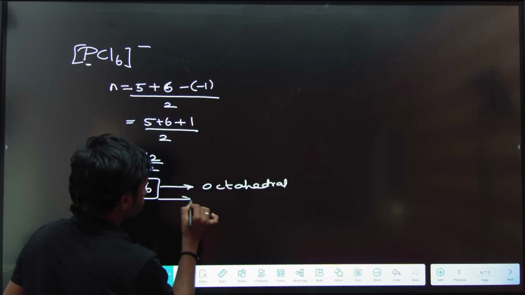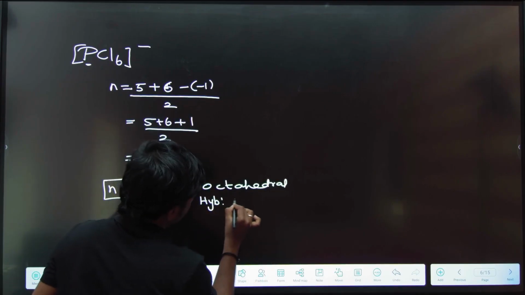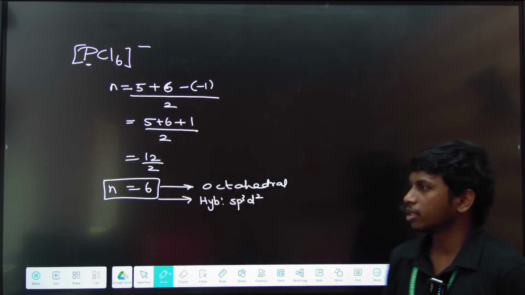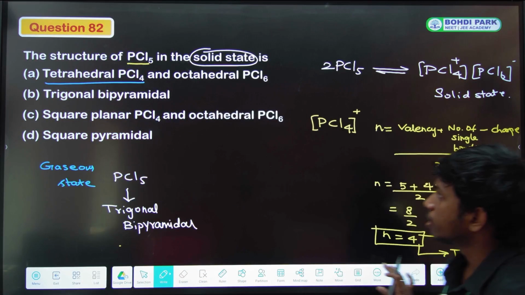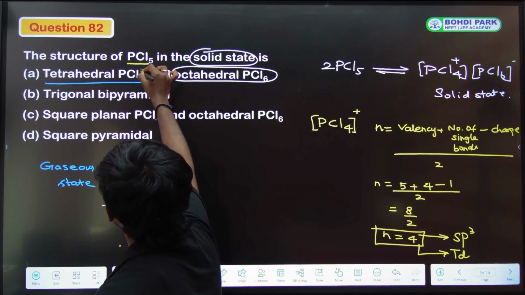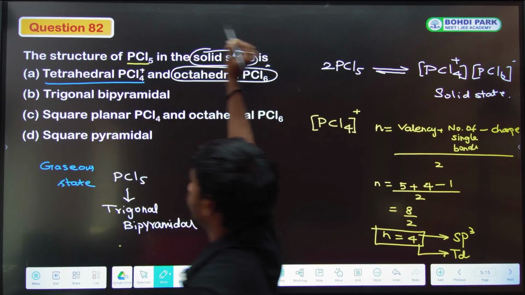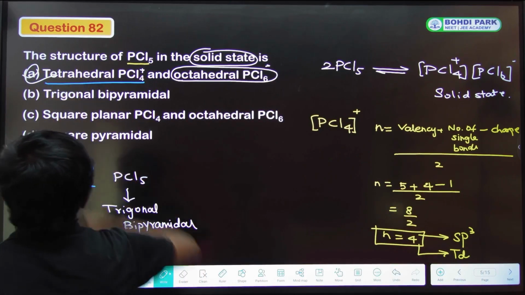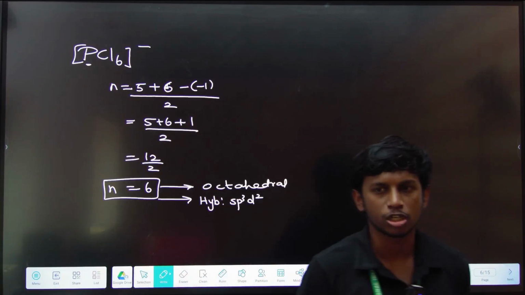And the hybridization is sp3d2 hybridization. Okay, which means octahedral PCl6 is present: PCl4 plus and PCl6 minus. Okay, that will be the correct answer. Option A is correct. Then the third question of the day is